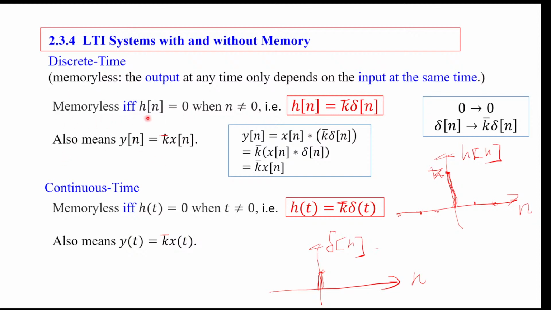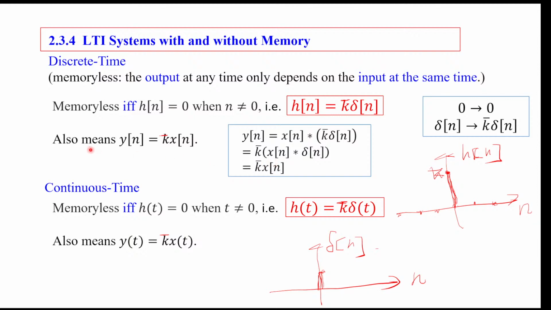The other direction, the "if" direction, is actually easier to prove. So we have h of n equal to k bar times delta of n. Then we can calculate the output y. We say y of n equals x of n convolved with k bar delta of n, and that's k bar times